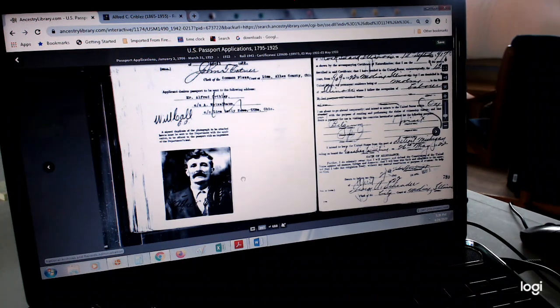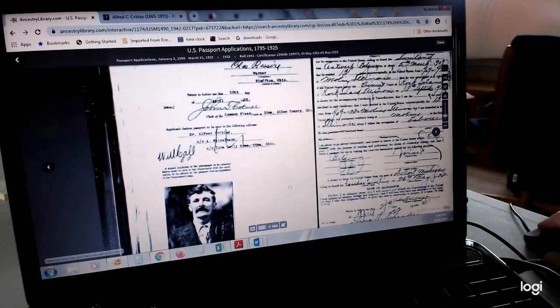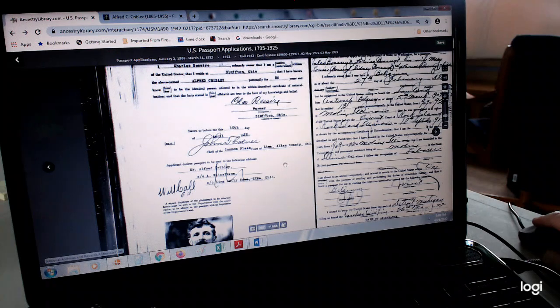So now you know his birth date, where he was born, you know what he looks like, you know his height, you know his eye color, his hair color, a lot of things that other records aren't going to tell you.